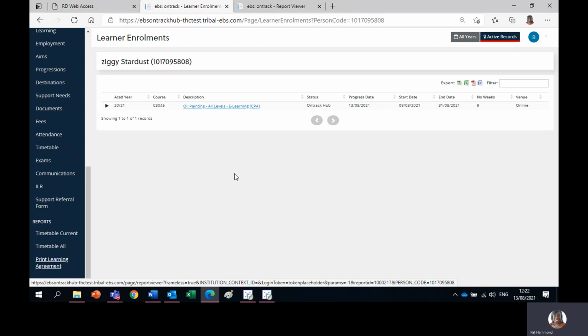This is the scenario where you have a learner that, for whatever reason, you need to print out a learning agreement there and then on the spot. Otherwise, you'll need to come up with ideas or different systems for your site in terms of letting the learner know if you are very, very busy at that moment and you're not able to print, because I understand that